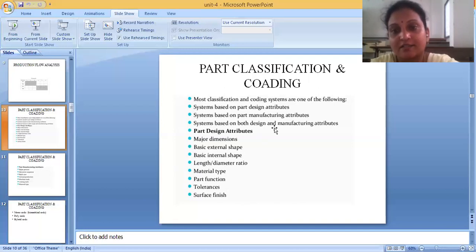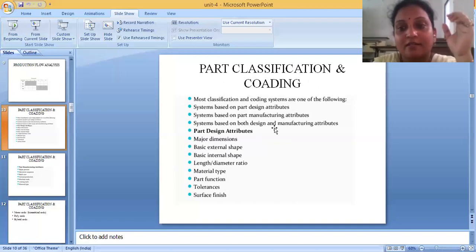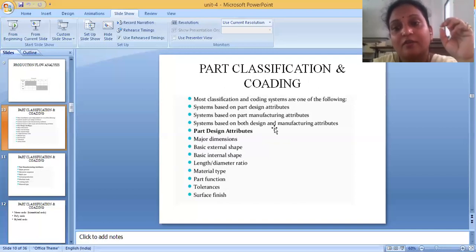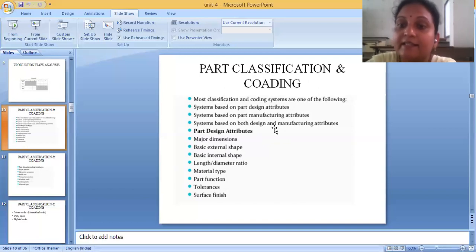Next one is tolerances. Tolerance in the sense it is some permissible limit which you are giving. It means you have some limit called upper limit and lower limit. The difference between the upper limit and lower limit is called as tolerance. So the purpose of giving this tolerance is, see for example, if you want to manufacture some component of 100 length, it is not possible to make a component of exact 100 length. In such cases, we'll give some tolerance. Tolerance in the sense you can increase its length or decrease its length by this many. So that is the tolerance. So what is the tolerance that you're specifying on this component?